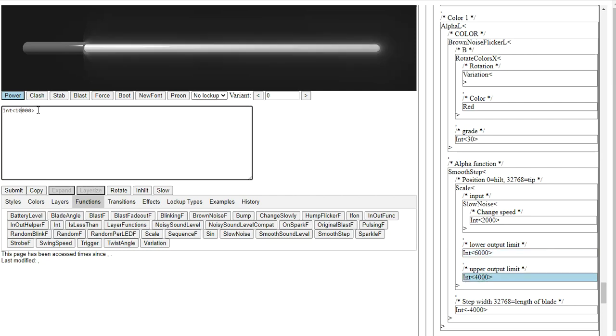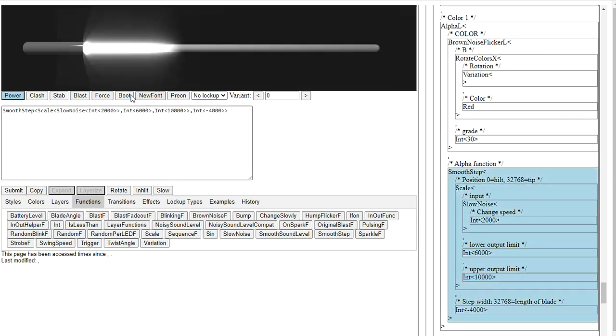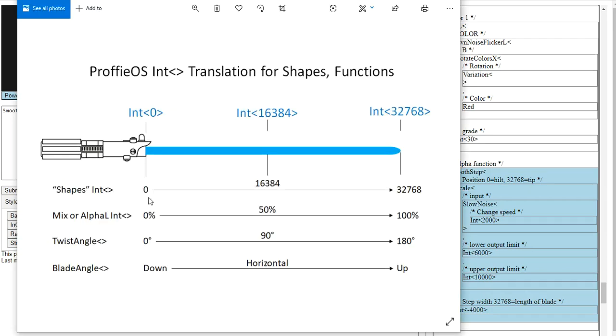And I'm just picking some random numbers, submit it. And then let's take a look at that. So that makes it larger. So obviously I went a little too big unless you have a really deep well, but that's how you control them. So the ints, so going back to this, the shapes, int, and shapes are smooth step and bump,